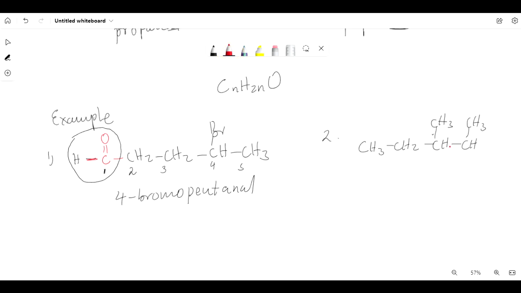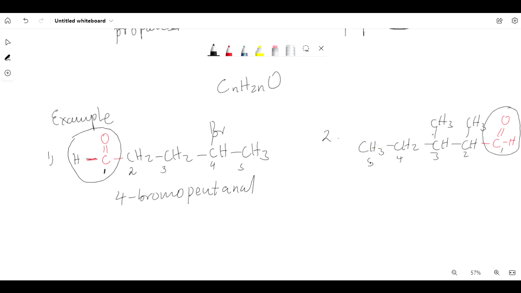Okay, and then I have my hydrogen there. So now, the aldehyde functional group is always number 1, the carbon is number 1. So naming from right to left, 1, 2, 3,